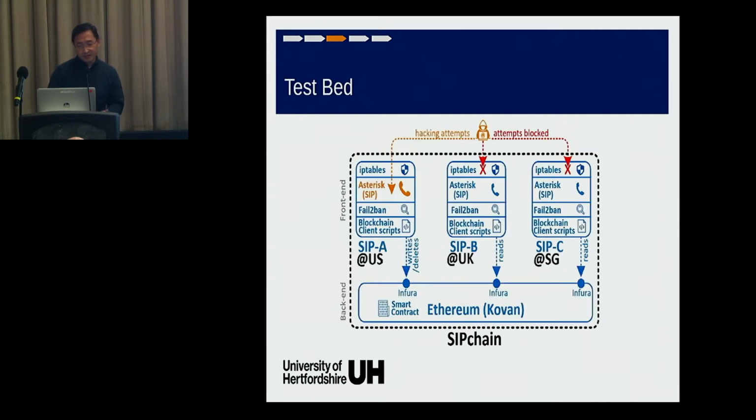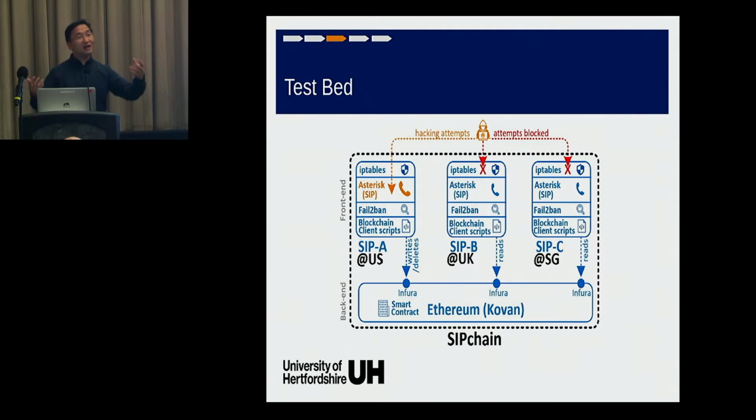Okay, so this is the test bed that I did. For the firewall, I use the commonly used iptables. For the SIP proxy, I use Asterisk. And for the IPS, I use Fail2ban, which is very common and comes with many default Linux distributions out there. And for the blockchain client scripts, I wrote them in Node.js,